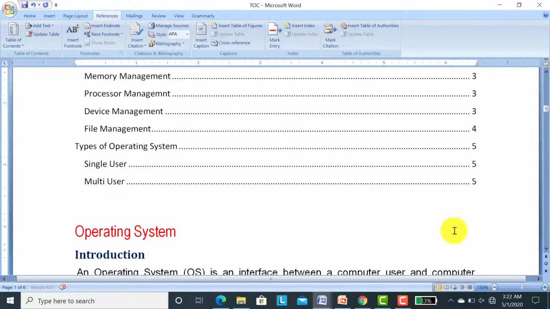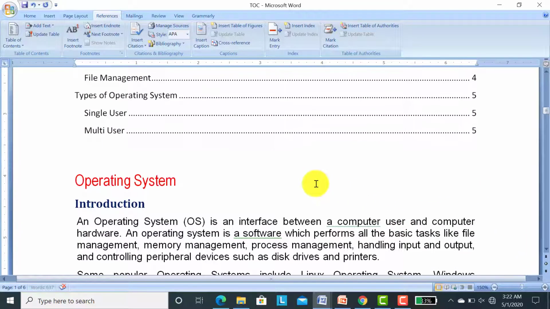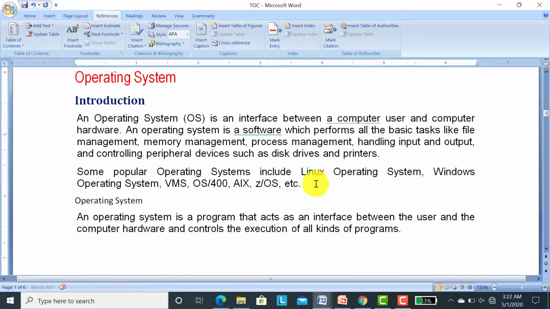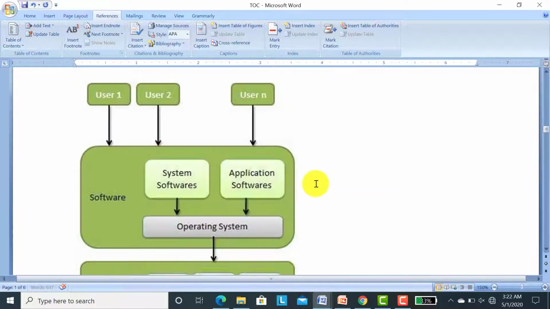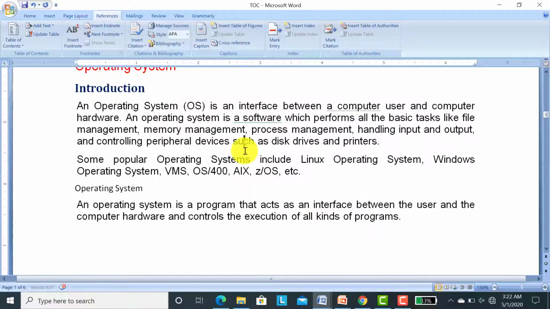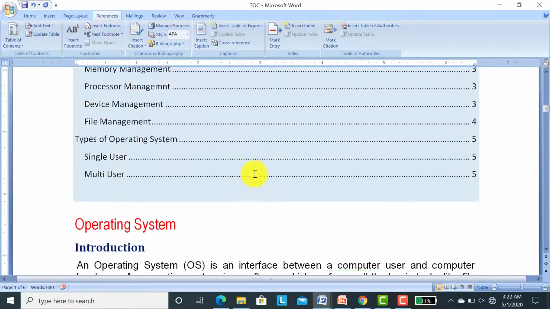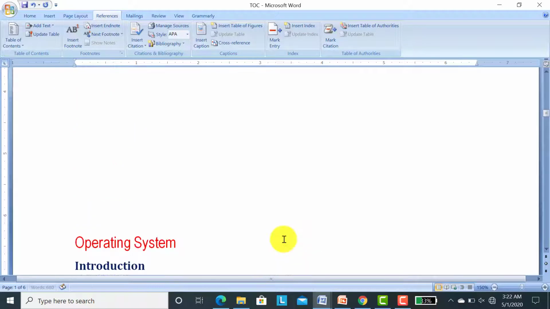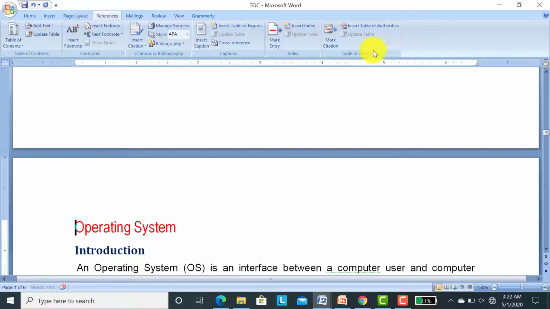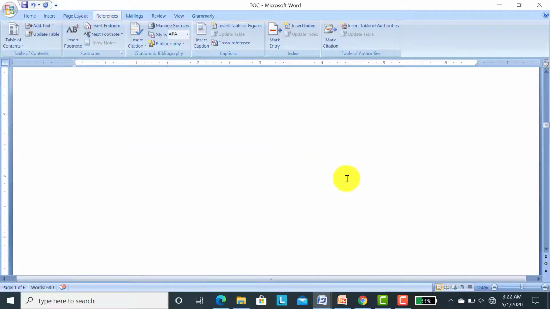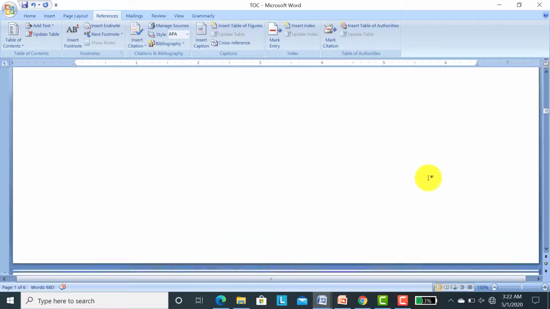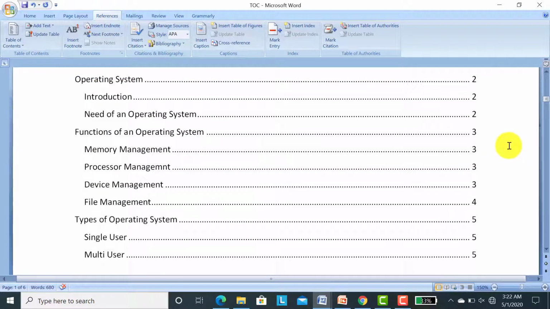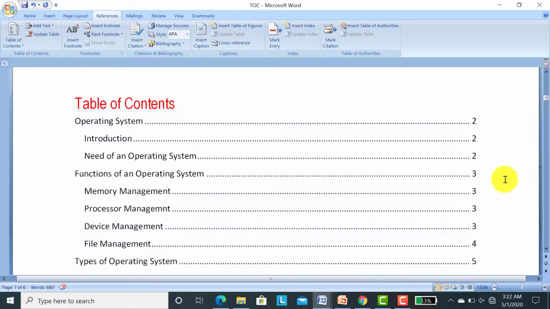Now, what you have to do is, if I change the page number, like it is on page number 2, if I change the page number to the next page, the table of contents will automatically change.